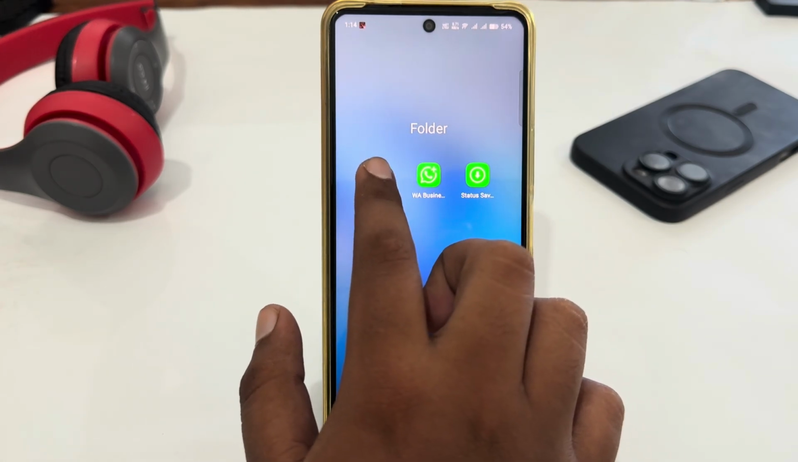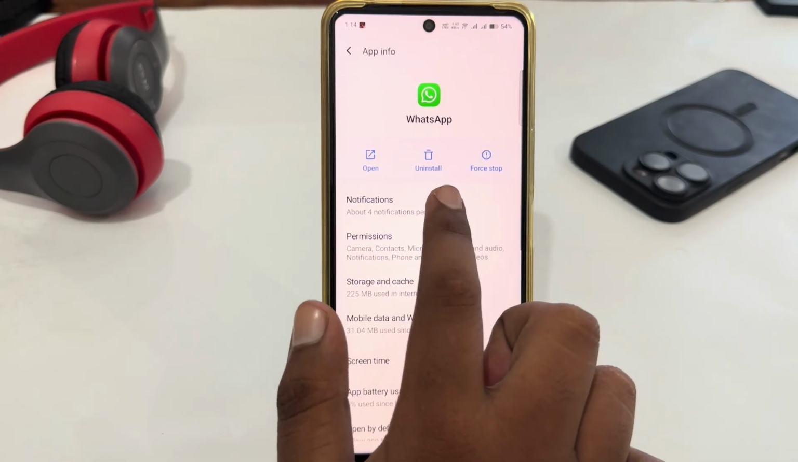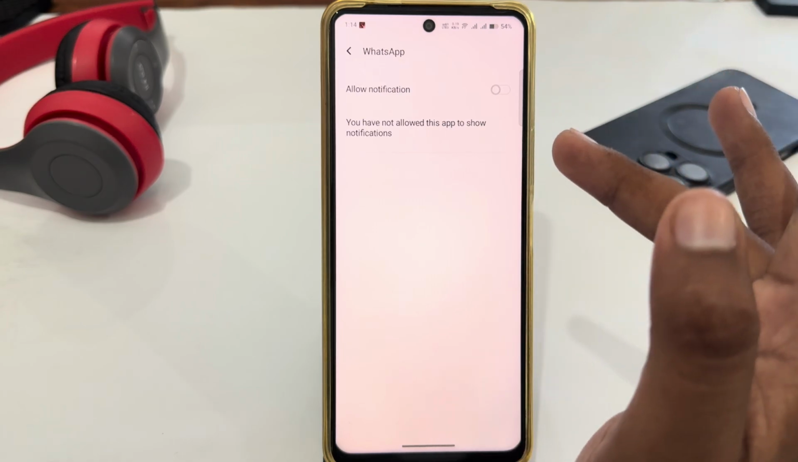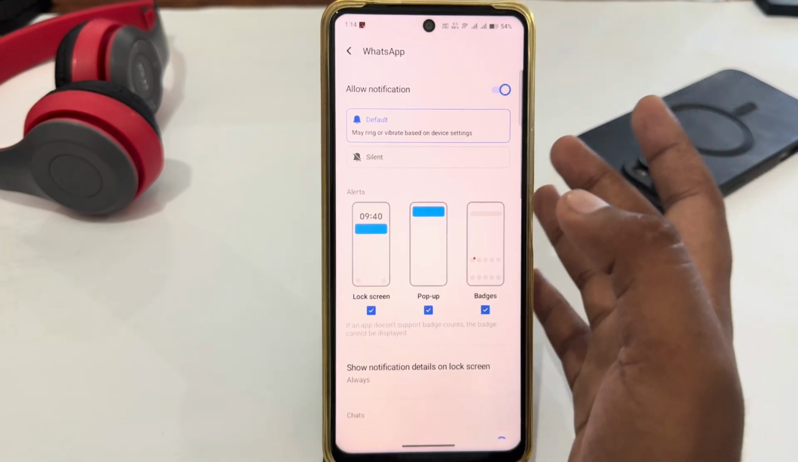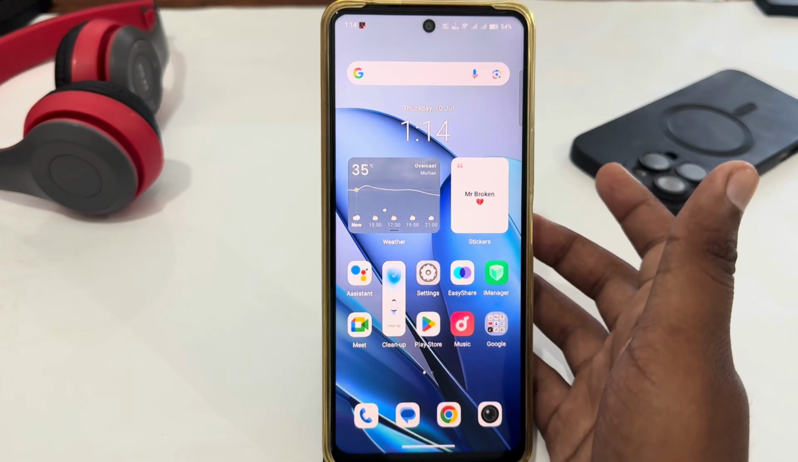Just keep a long press on it, then tap on the info icon, and here you have to select notifications, and this setting will be shown. You just have to tap on it to disable app notifications. But if you don't get these settings here, you just have to do a second step, which is to open your